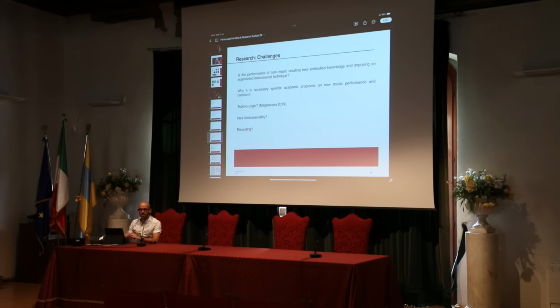If it's possible to feel that we are managing, because we know that each piece requires different systems, and each piece becomes a different world sometimes in how to deal with performance. So another concept which is really interesting, I think, is from Magnussen, which it refers as a technology.